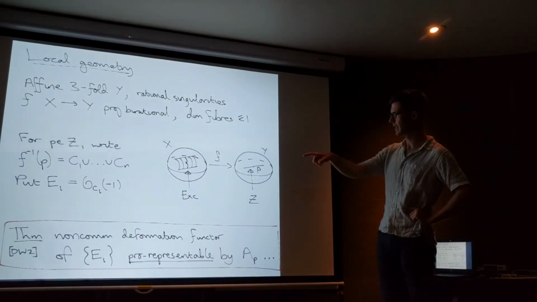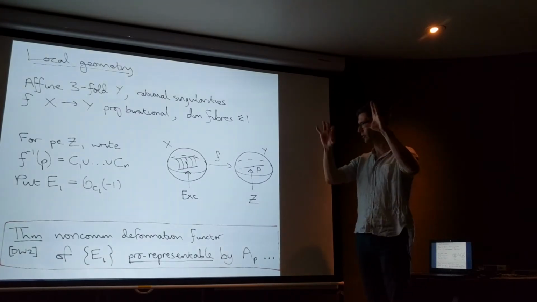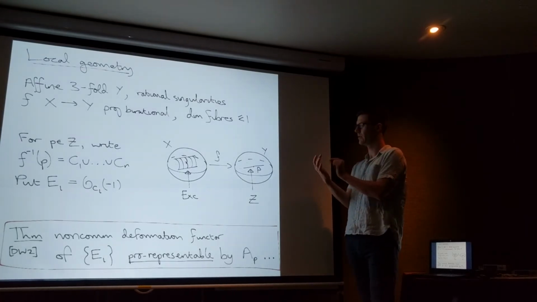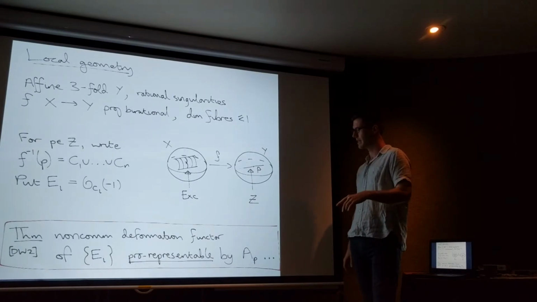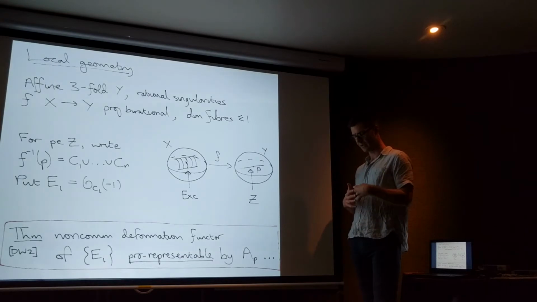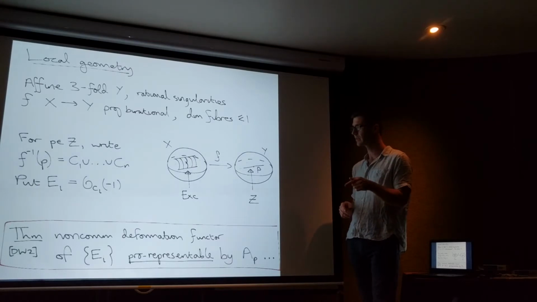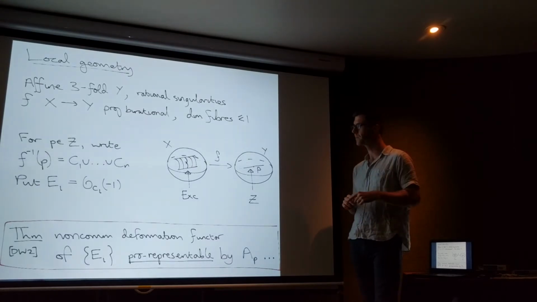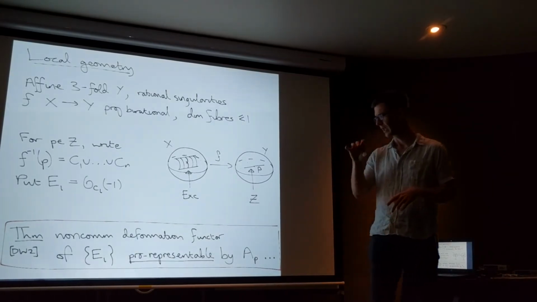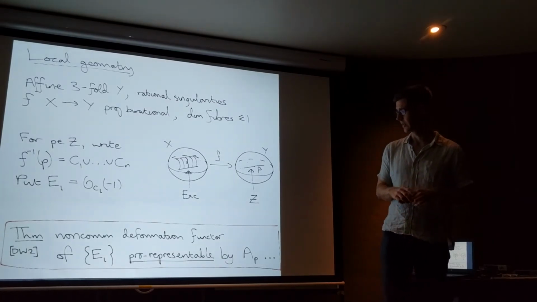So here's a typical situation. I have a family of curves degenerating to a nodal curve, and that contracts to a line of A1 singularities with an A2 singularity in the middle. And so Z will denote the locus over which F is not an isomorphism. If I pick a point in that locus and I look at the fiber above it, that will still be a tree of projective lines. Again, call them Ci, and look at the sheaves Ei associated to them.